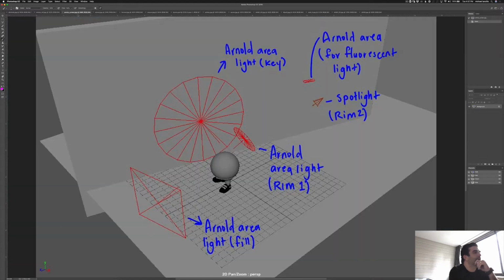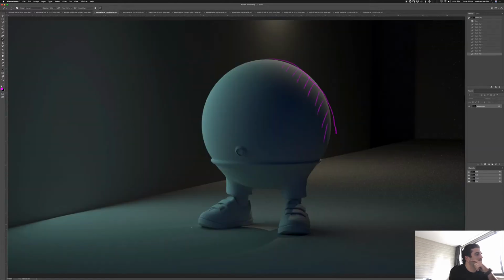The one thing, so this spotlight is shining down this way, and if you can see, it's actually creating a very hard shadow right here. And I struggled with this early in my career: you need to give your rim lights enough radius so that this shadow gets blurred out and you no longer see it anymore. I'm not the biggest fan of light linking it to the character,